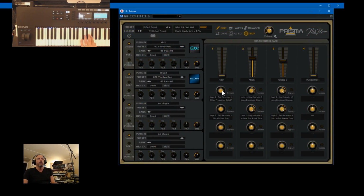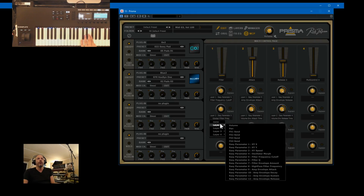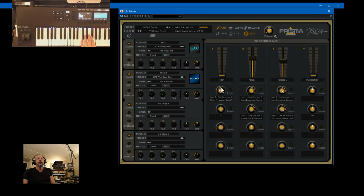So when I open this filter, it would only change then the pad sound. Well, I could rename it and say darker pad. And then the last one I could say okay,